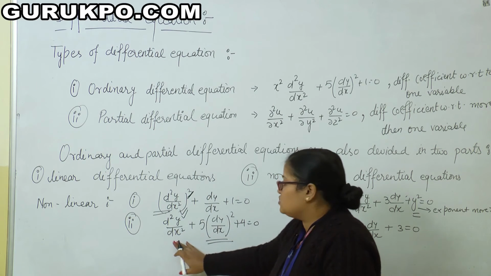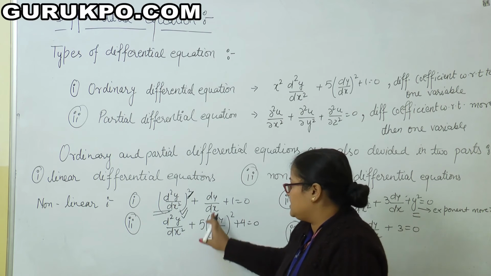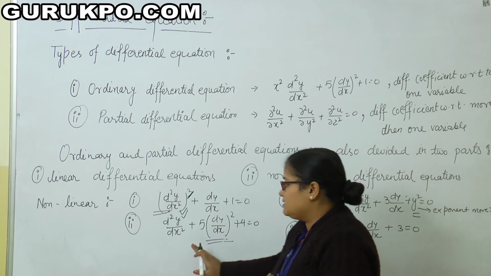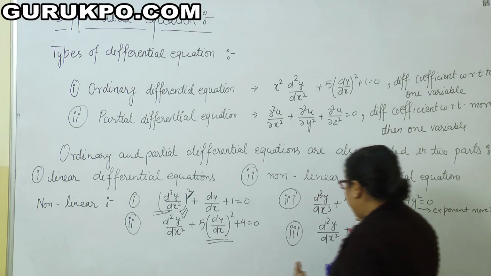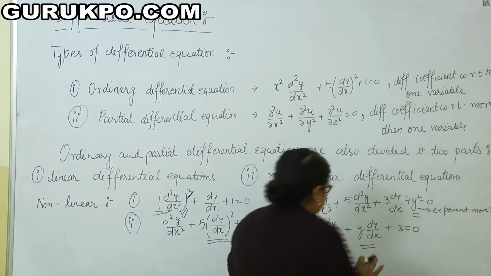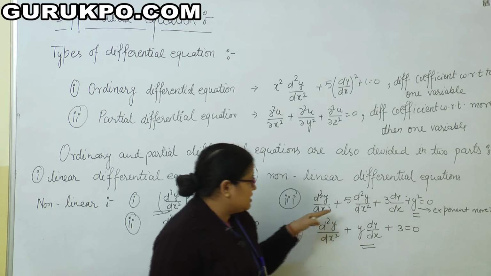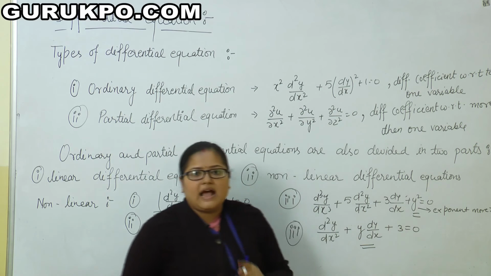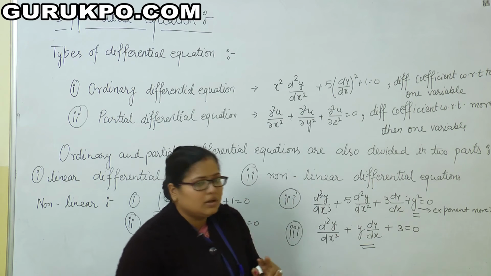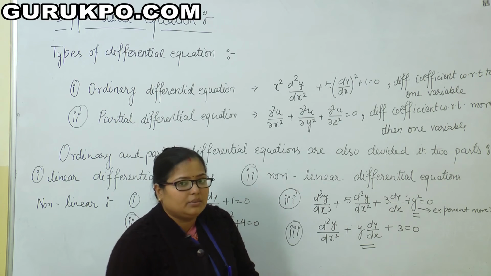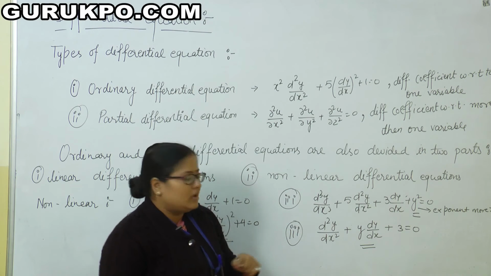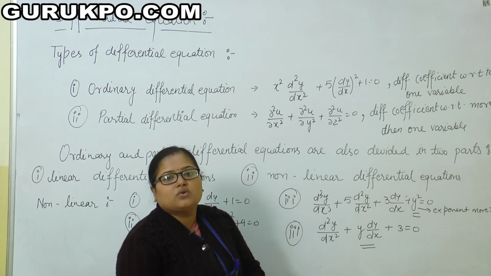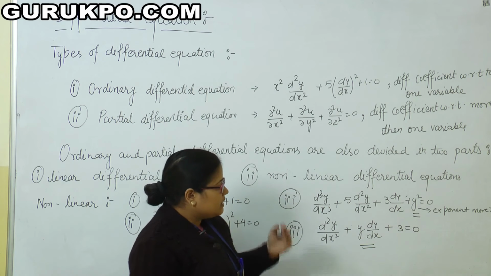But in this case, this is not the case of degree; it is any of the derivatives, such as dy by dx. So the power, or exponent, of dy by dx is 2. In this case, this equation is non-linear. We come to the third point. This is a differential equation of order 3 where the dependent variable y has power 2. If the dependent variable in the differential equation has a power more than 1, then this differential equation is known as a non-linear differential equation.